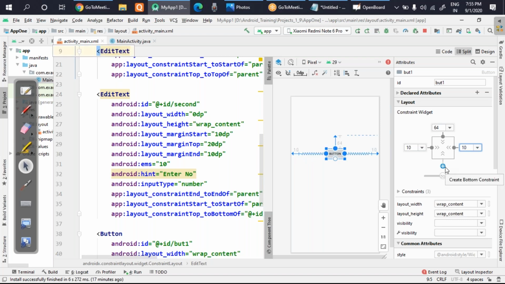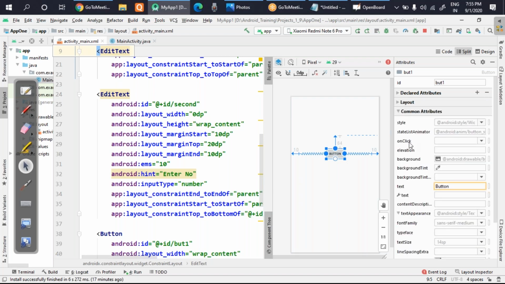The lower one I'm just leaving because I have to put some screen where I can see the message also. Okay, so let's give a name also to this one. Because it's going to add my numbers, I'll change the text part and write here add. After writing everything, you press enter. So that will change here. And you know that I have to click this button and it should be able to take the numbers.